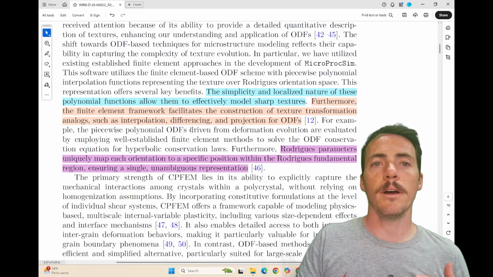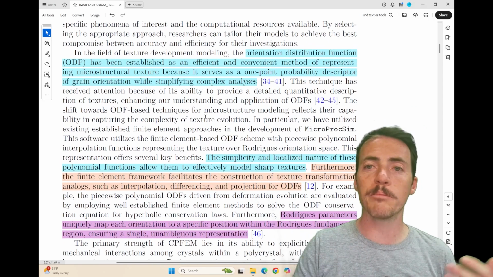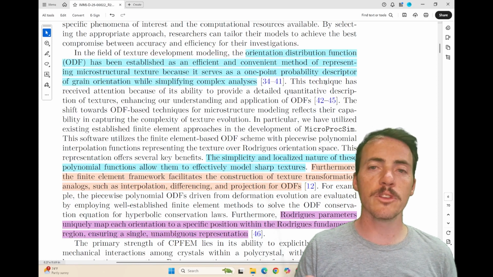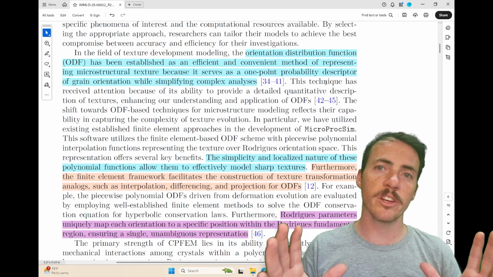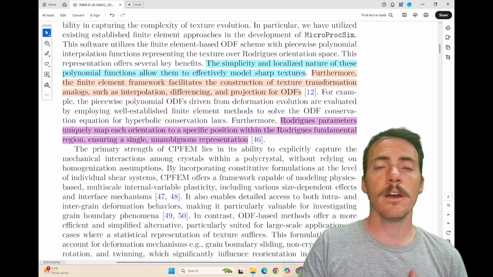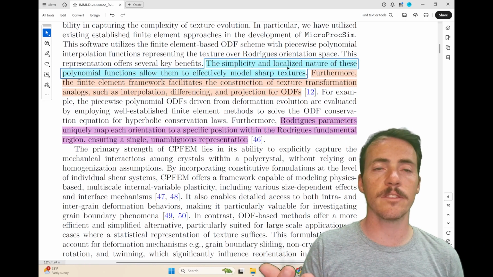Well, for one thing, they like it because it's a convenient method of representing the structure. It's a one-point probability descriptor that simplifies complex analyses. In other words, we're not going to track every single grain. We're going to use this overall representation of the structure and use that to model how materials change under different mechanical loads. They point out that the simplicity of the localized nature of these polynomial functions lets them effectively model